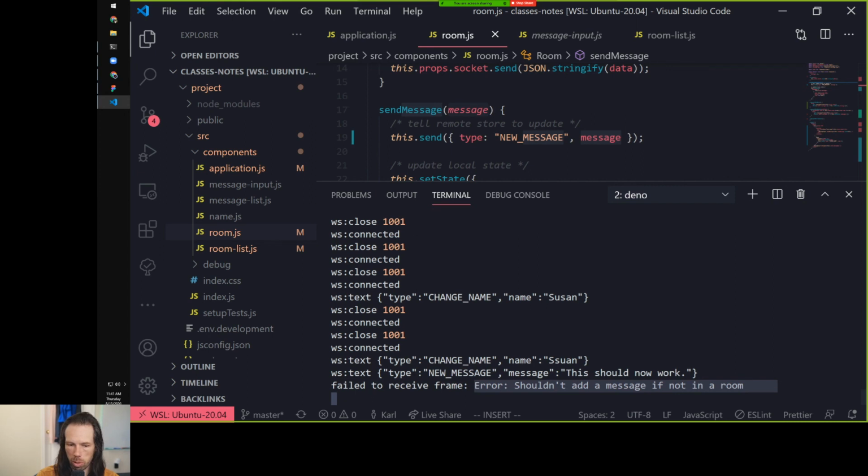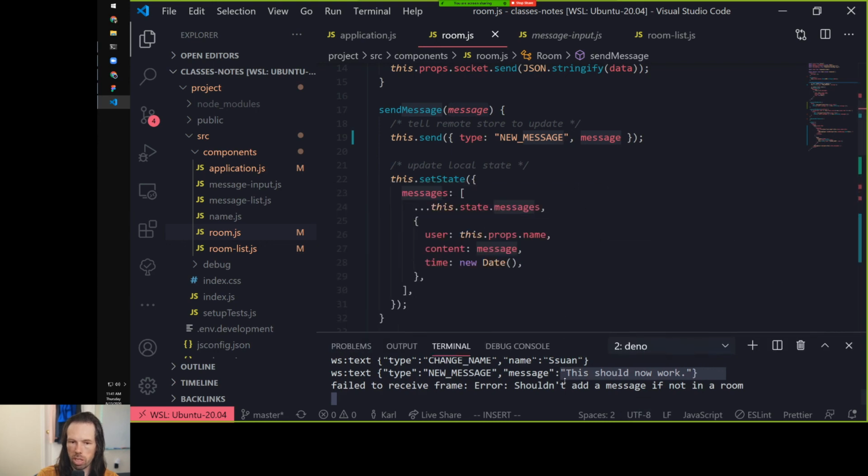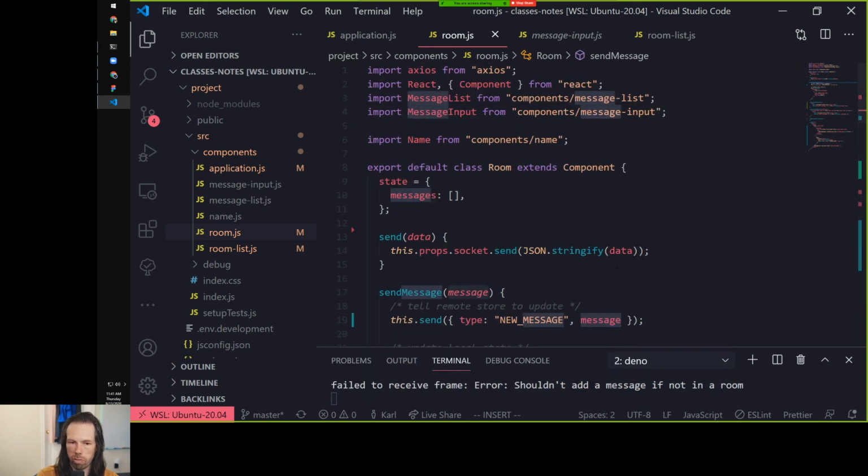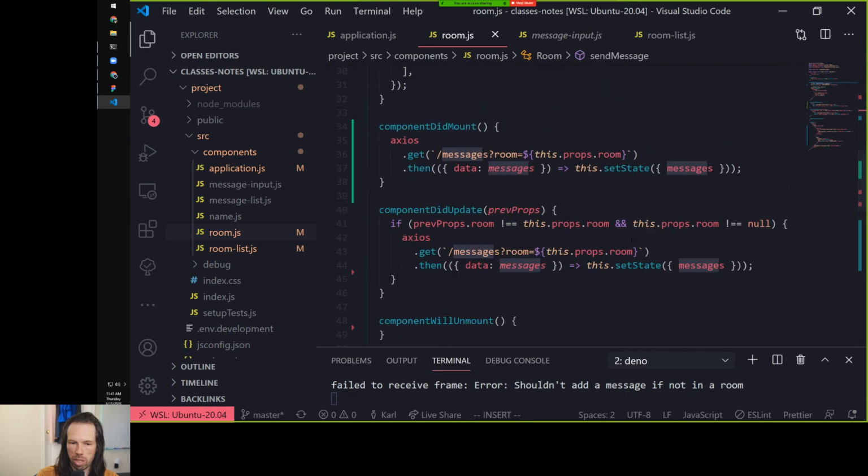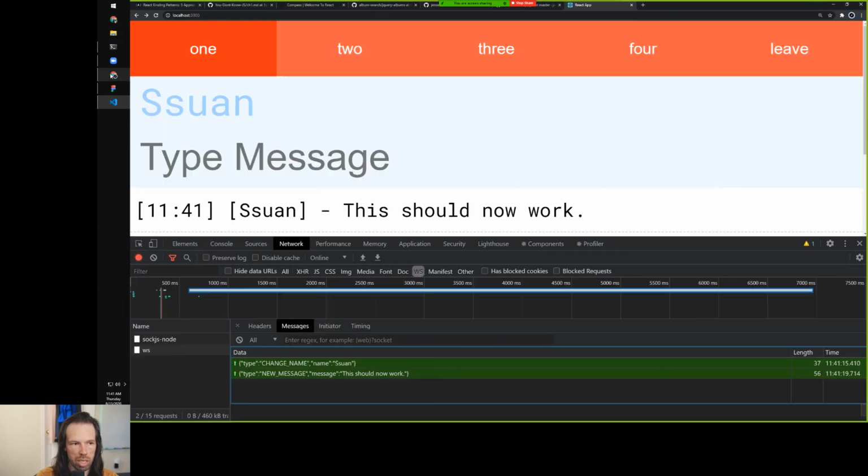So yes, I'm able to send messages to the socket server. Yes, I'm able to change my name. But in order for this to work, the server says I need to be in a room first. So this is sort of the final thing that we need to really think about: joining and leaving these